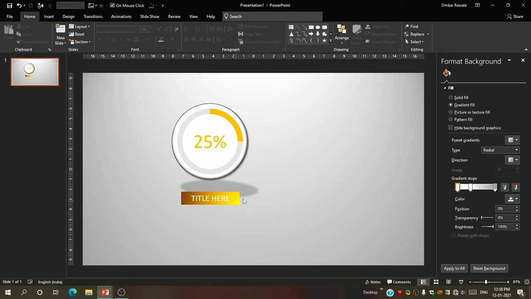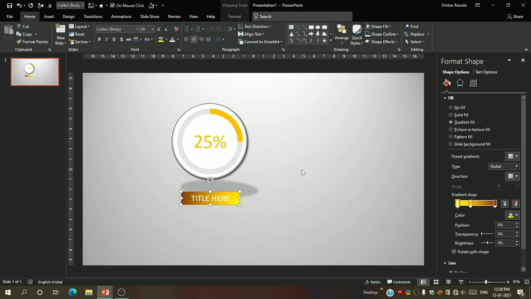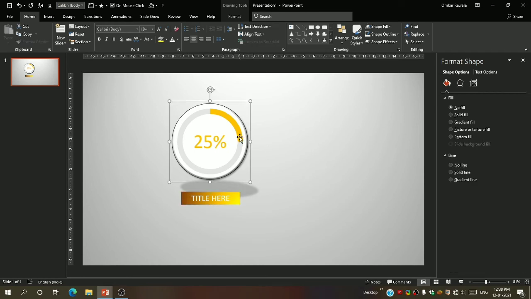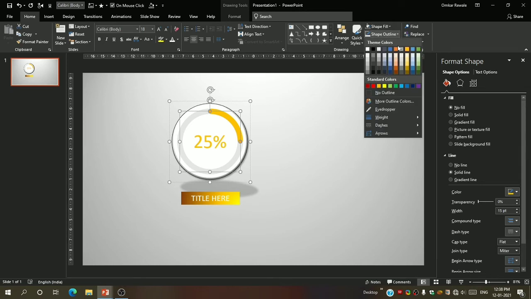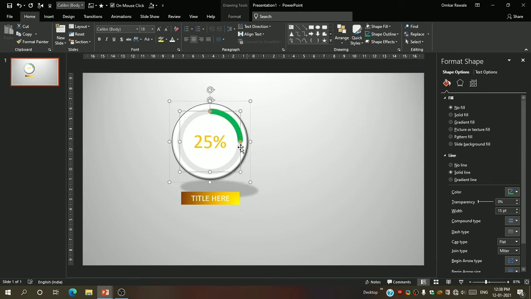You can just change its color. You can make it green and you can change your colors like I am showing you. Select this, go in shape outline, give green color. Again I will select this.